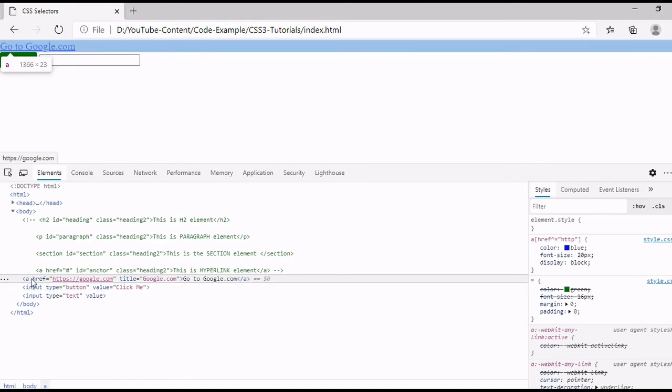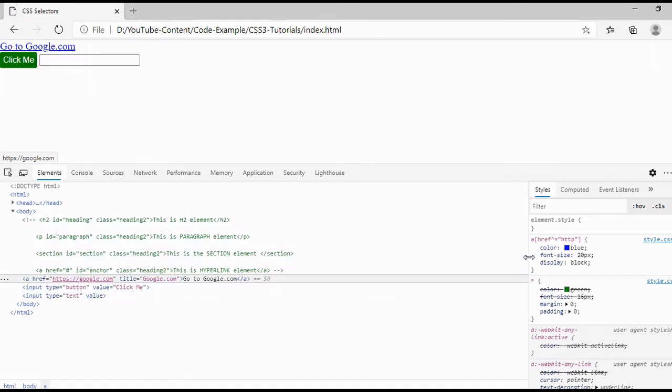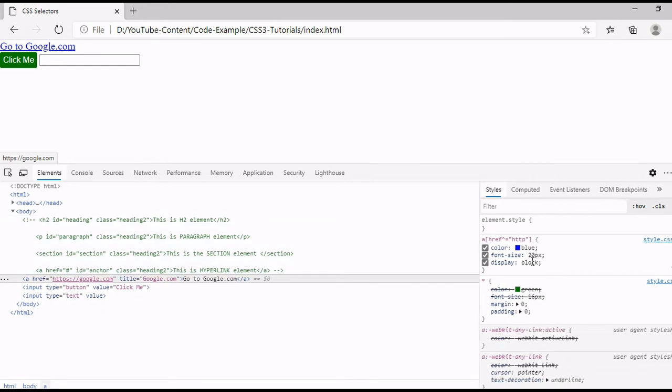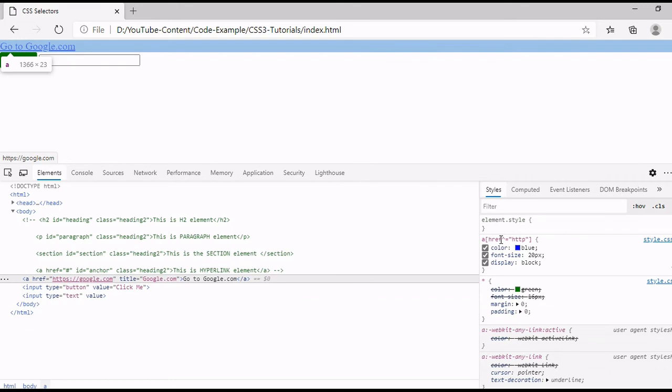When you select this element on the right hand side, you can see all the properties we have given for this anchor element, which has the href attribute with the value starting with HTTP.